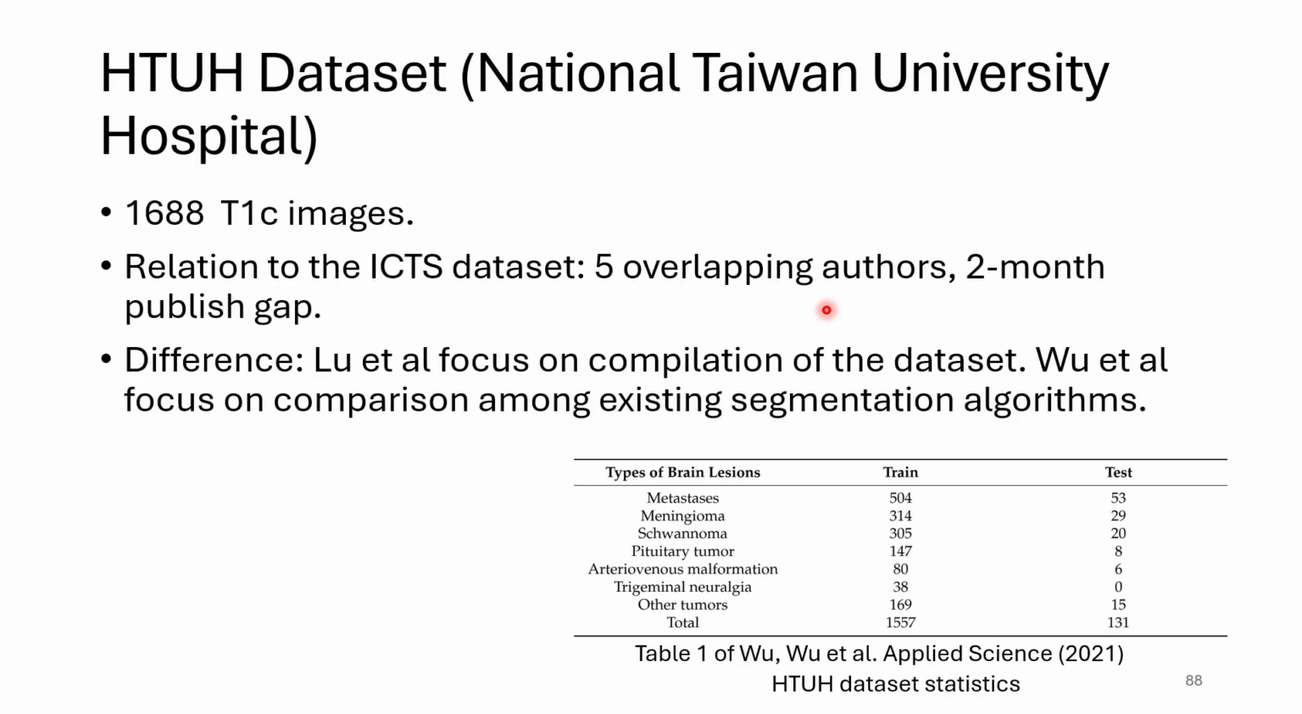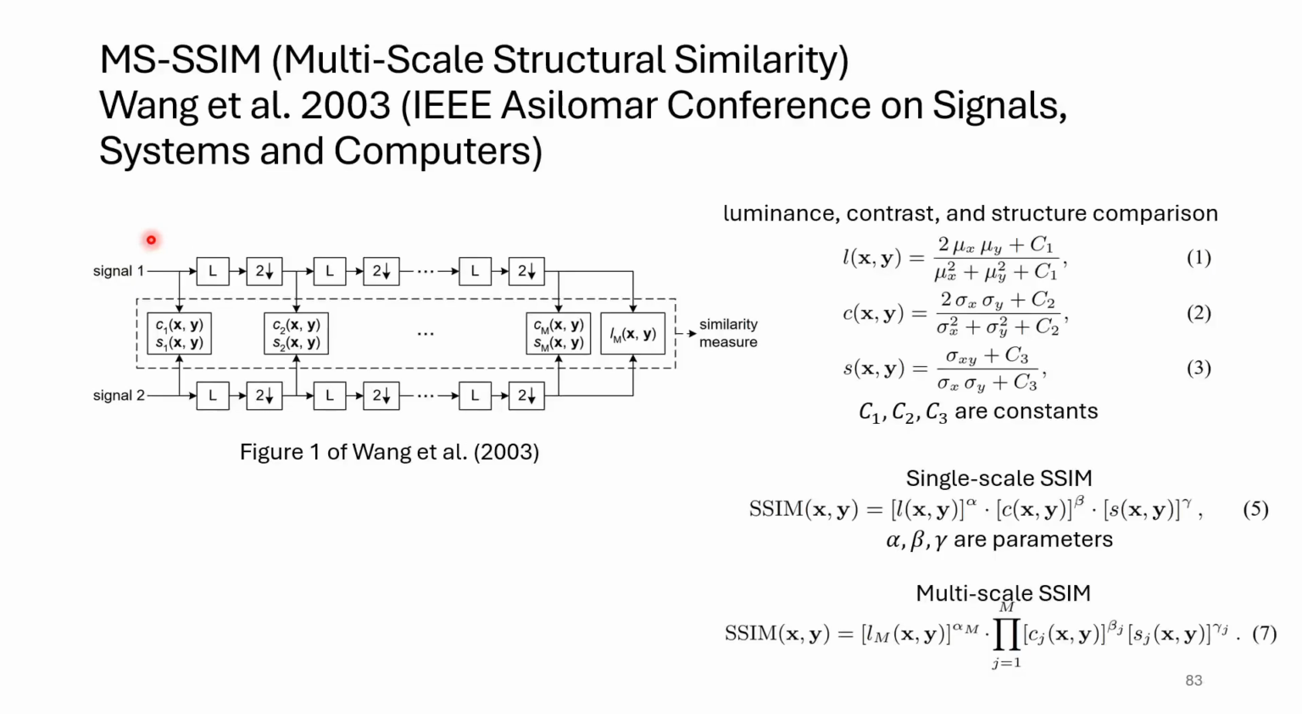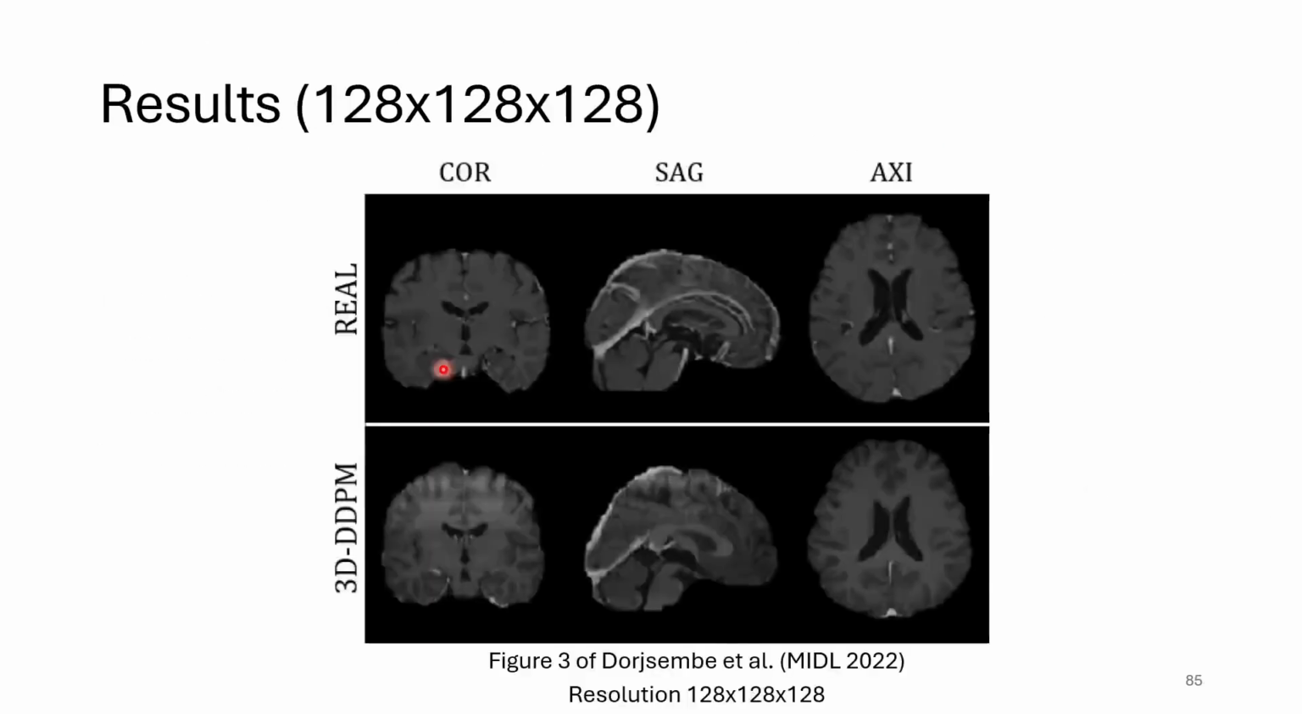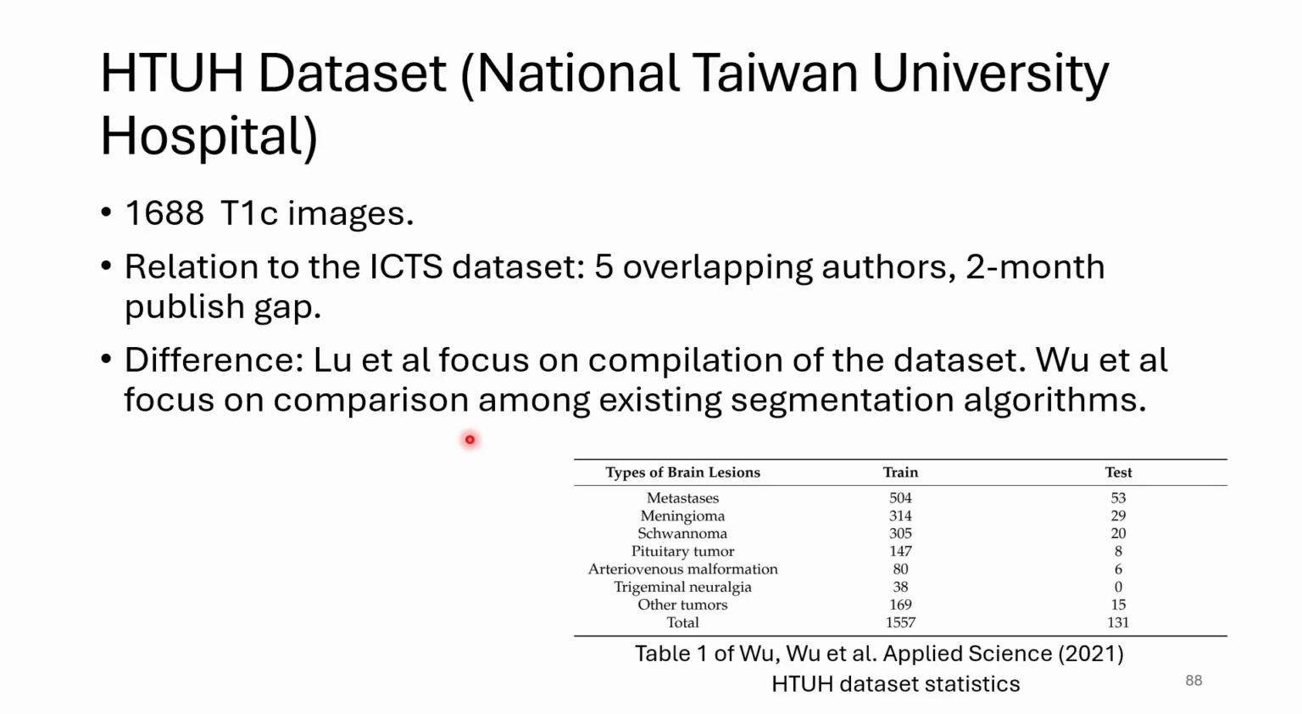So they use another data set called the NTUH data set. So let's talk. What's the difference between the NTUH data set and the ICTS data set? First, there are more images. This is 1688, and this is 1015. So this is just slightly more, about 100 images, and there are more